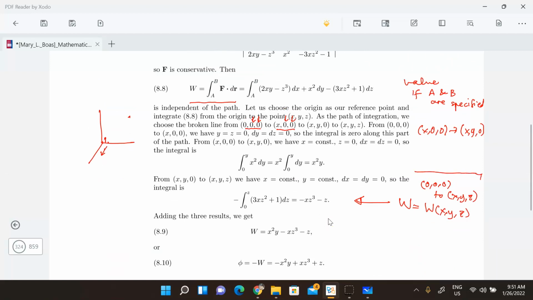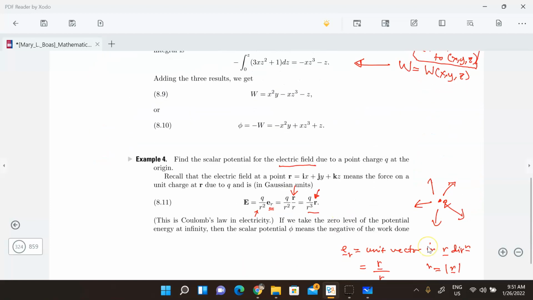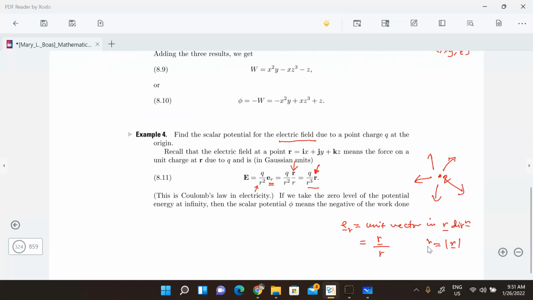You take a path from the origin to x, y, z, okay, but in this particular case, this 0, 0 is just a convention. Well, it's just a choice, okay. So our choice now is to take the test charge